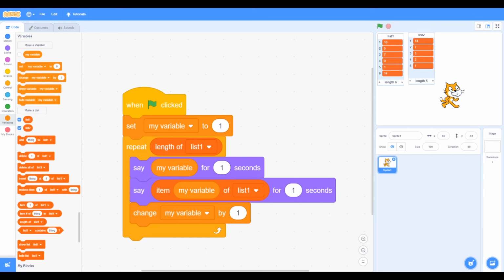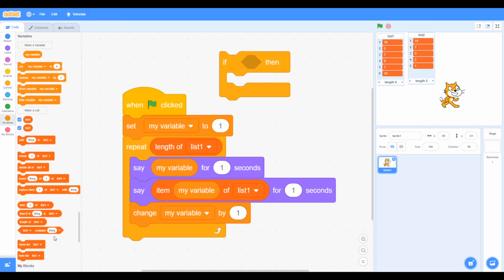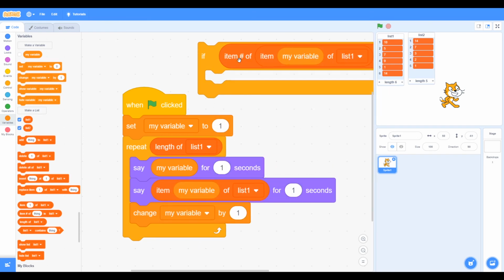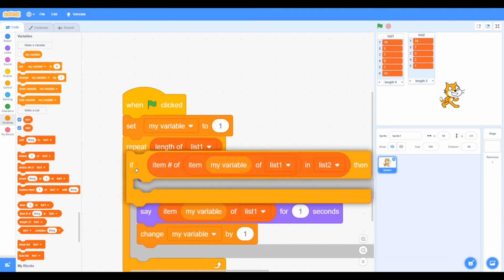Now we need to check to see if the number that we're looking at is in the second list. So we can use an if statement. We can find the option item something of in list. So we're looking in list 2, and what we need to find is the value that's in list 1 that we looked for. So we can copy that and use it in the if statement. So if we